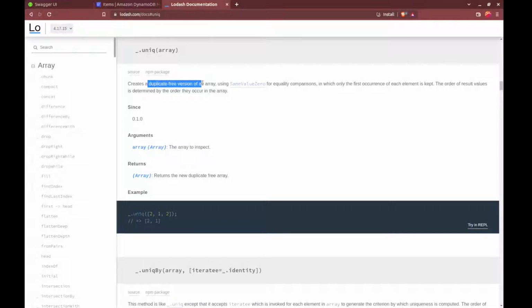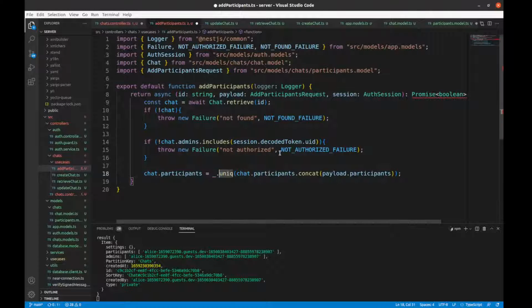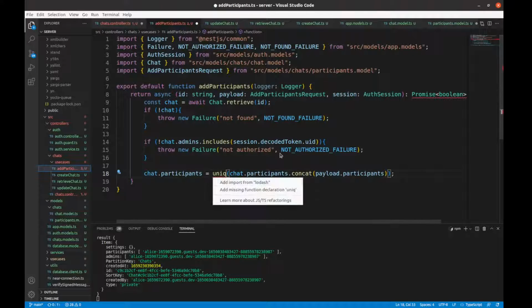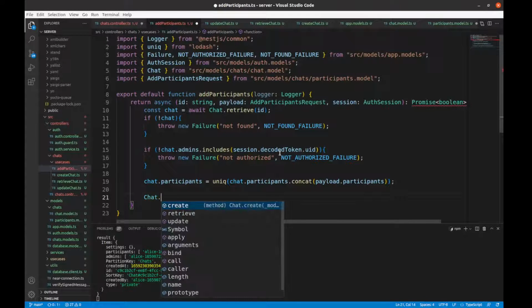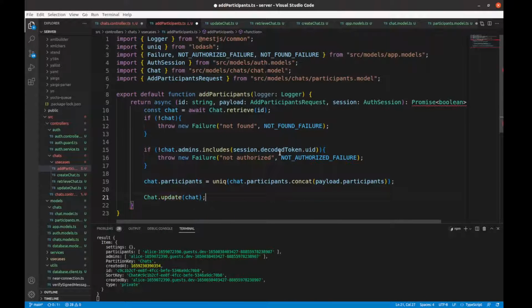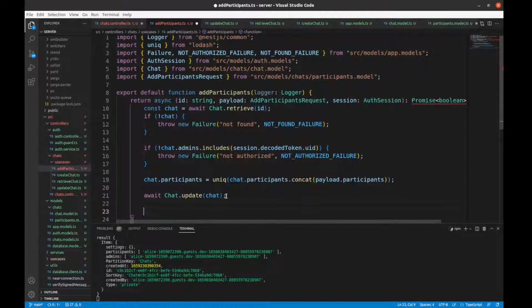Unique. Yeah, that's exactly what we need. So get me the unique list of participants, and we are good to go. We just go ahead and say chat.update chat, and that is going to be awaited. Then we can say